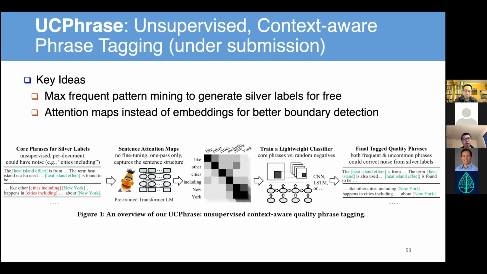We compared this method with AutoPhrase, and it outperforms AutoPhrase significantly because it can capture infrequent, emergent phrases. For AutoPhrase, you need a minimum support threshold to establish the statistical signals. Without enough frequency, you cannot recognize the phrases using AutoPhrase. So that's one of the motivations for UCPhrase, and we hope it could be accepted soon, and we can release the tool on GitHub as well.